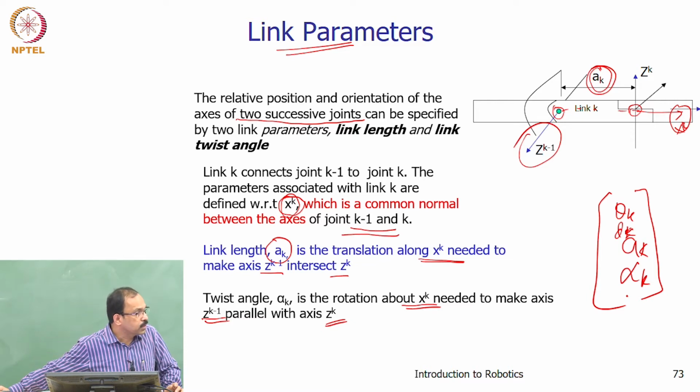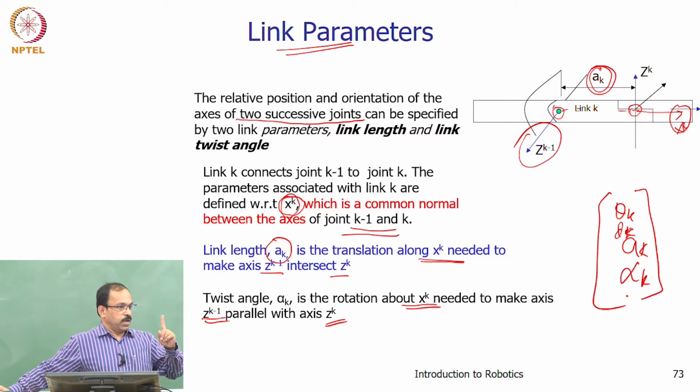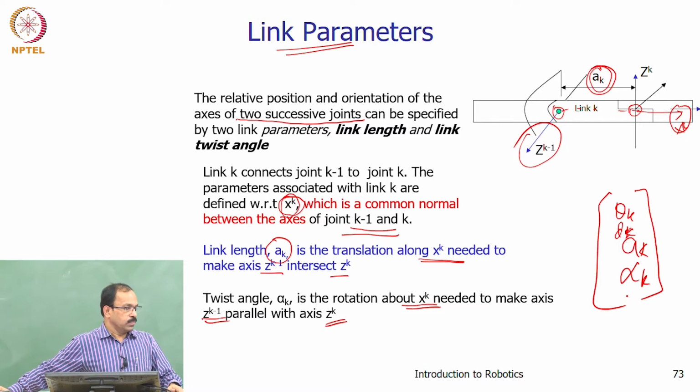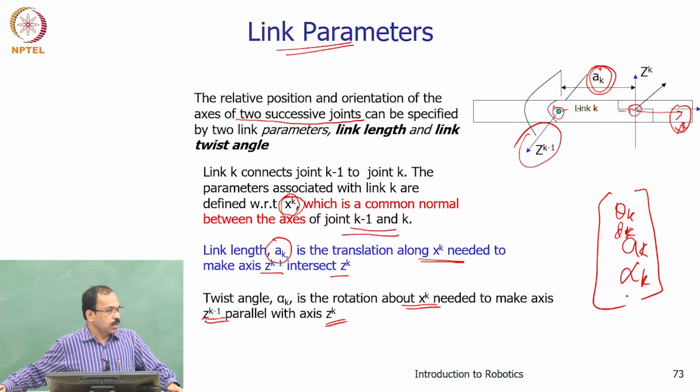Pardon? Which one? You mean acute in the sense? No, you mean to say plus or minus 90? You are asking whether it can be 60? Yeah, see, technically it can be 60 or anything, but normally we will make it 90 degrees. The alpha will be normally multiples of 90 only, because then you can actually have another direction of motion. If you make it 60 or something, then you won't.